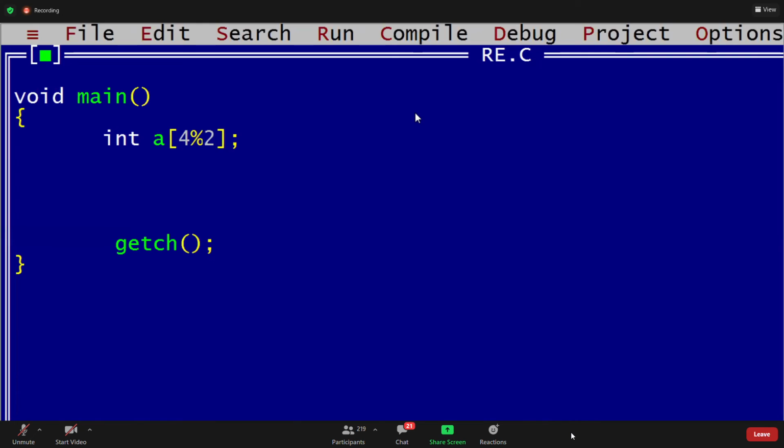Two ways, right? One is using index and the other using pointer. What are the different ways to access? See, guys.